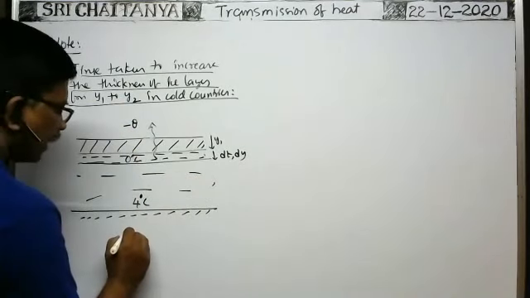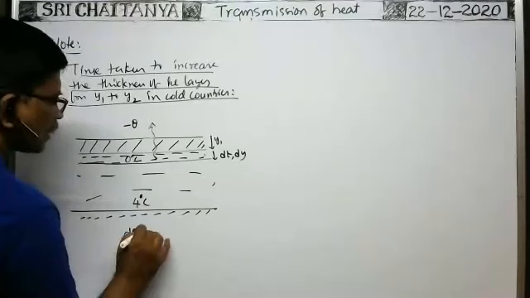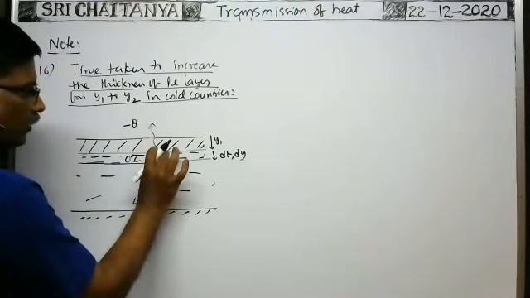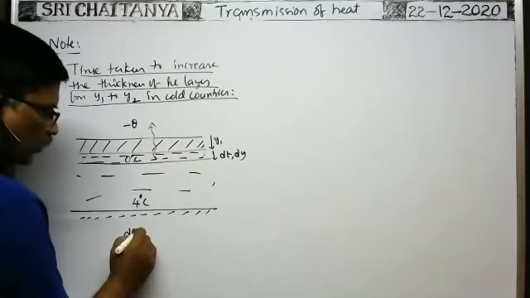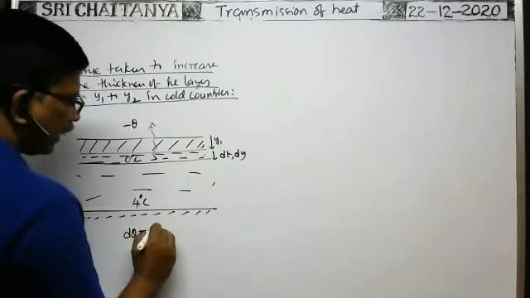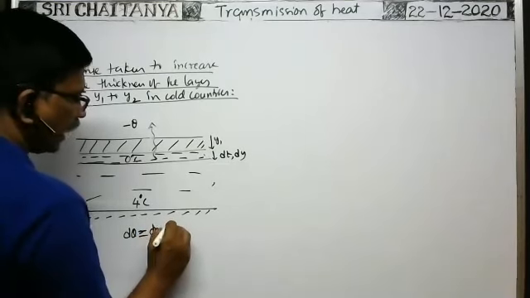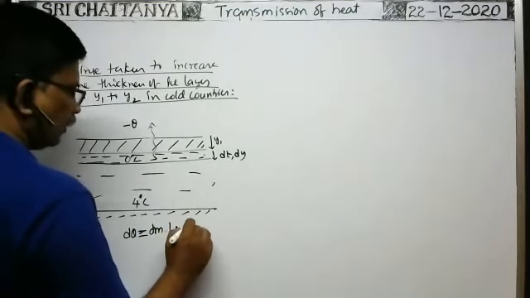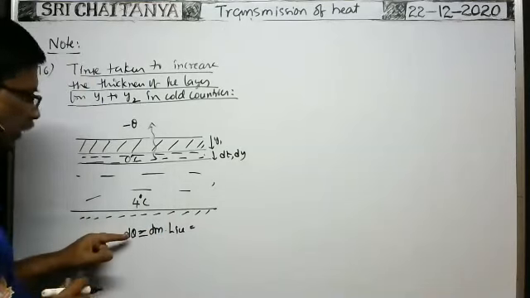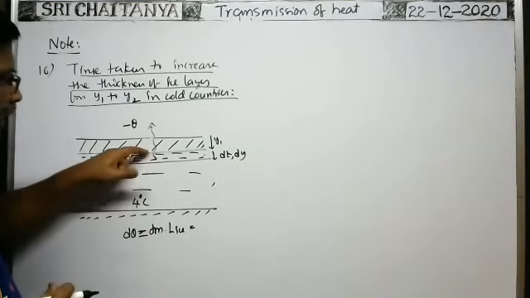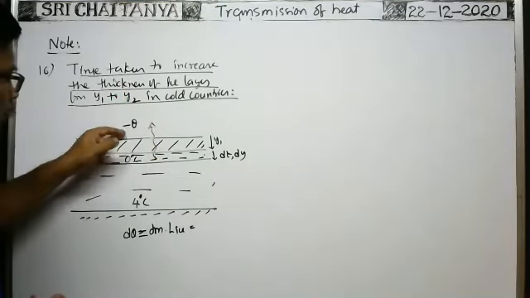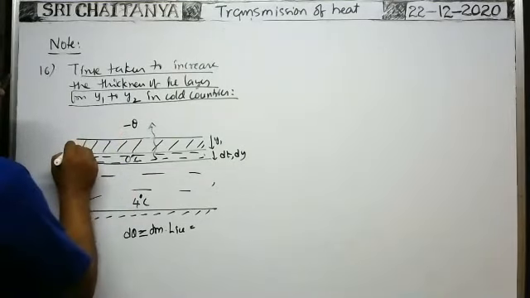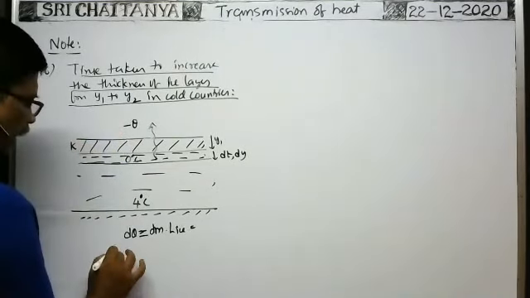Okay, so heat lost by this extra thickness formed. Heat lost by the extra thick ice layer formed here is equal to the mass of the ice layer formed, dm, into the latent heat of ice. This heat energy lost by this ice layer is transmitted through the already formed ice layer, no? So heat energy transmitted through this part is equal to the coefficient of thermal conductivity of the ice layer, Ki,